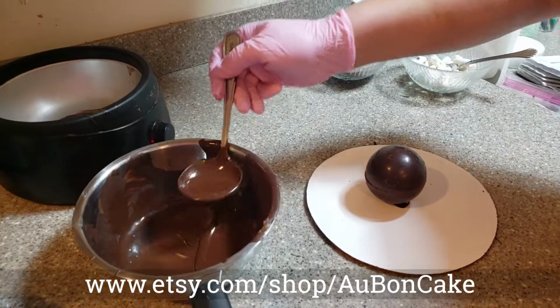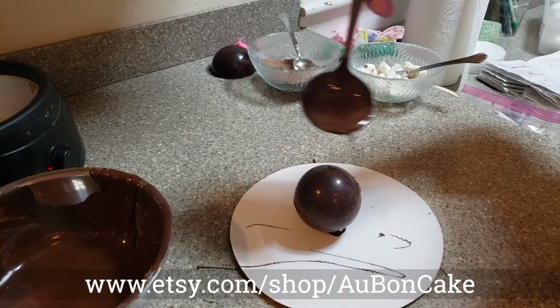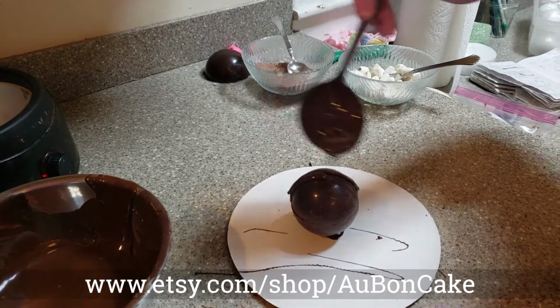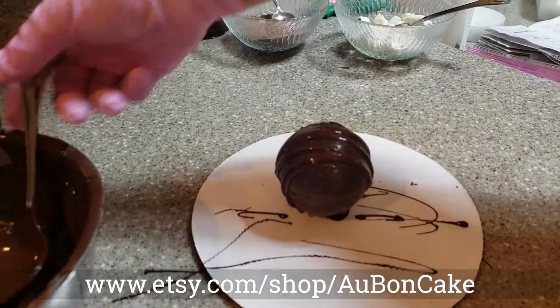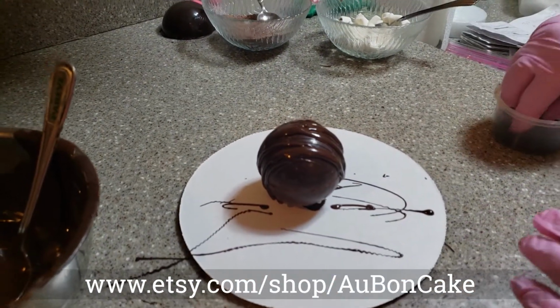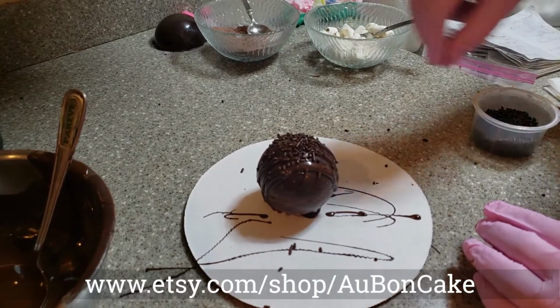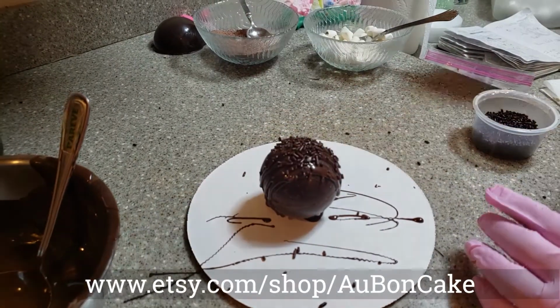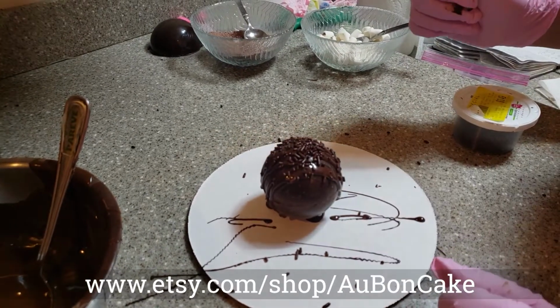And we're going to go back to our chocolate and we're going to drizzle, like this. Decorate it. Because you know what? You can never have enough chocolate. And then decorate. I add some chocolate sprinkles. There you go. Of course, I just went all chocolate, but you know, the sky is the limit